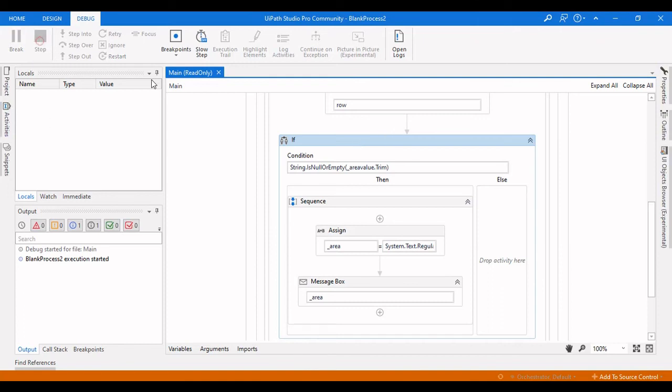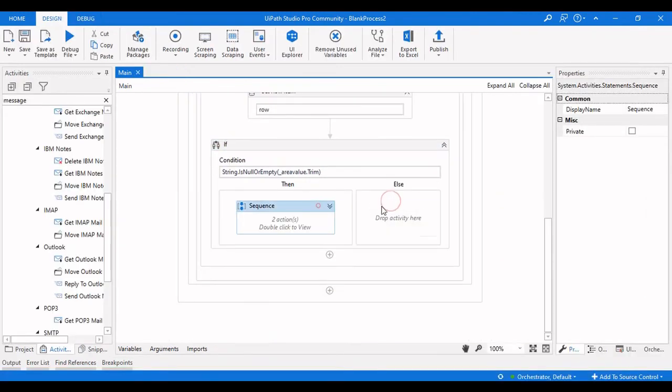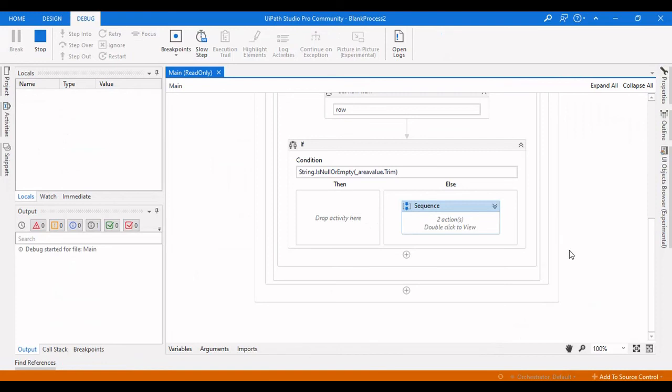Okay, then we made a mistake over here. We need to place this particular condition in the Else block, because if there is a null value, then we are not going to do anything. If there is a value, then we are going to get the first, the last, or the middle values from that particular column. So let me debug this once again.